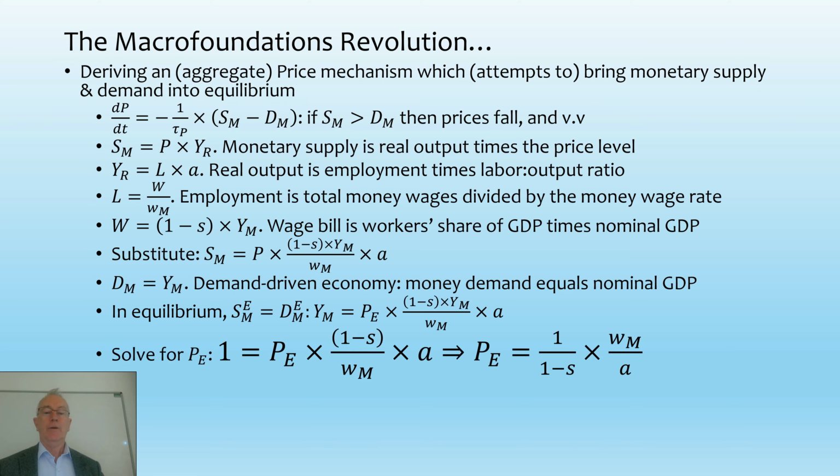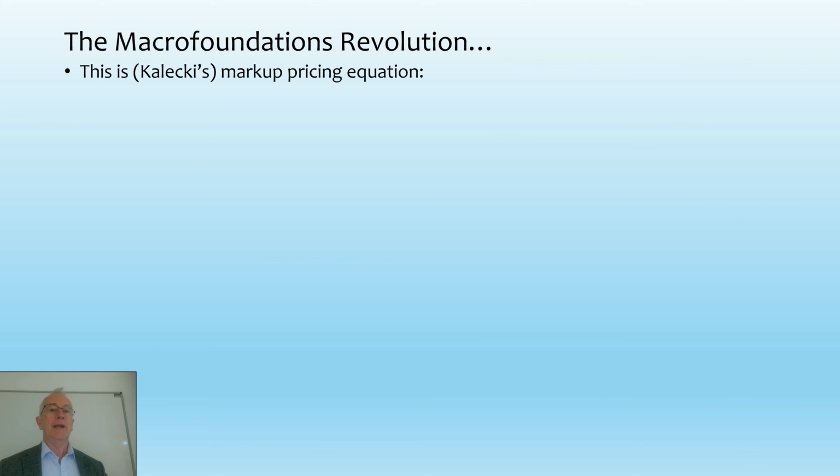And when you work it out, you find that the equilibrium price is 1 over 1 minus S, where S is greater than 0, so that's numbers greater than 1, multiplied by the money wage divided by labour productivity. And that's Keen's pricing equation. Now, to put that in a dynamic sense,